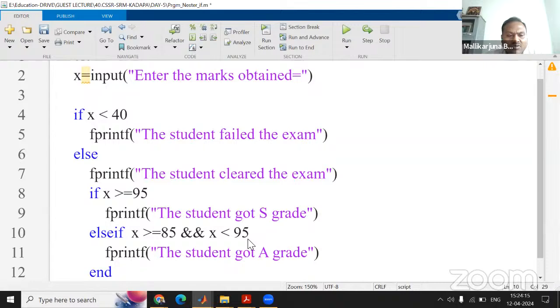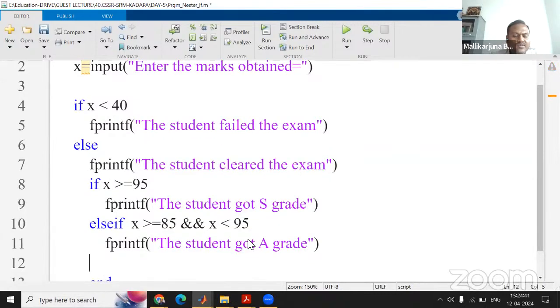Here we have not closed. Always, for a nested loop or general if statements, before that there is one else. See, here else if comes, which means definitely there will be the else statement. If you are not using else, you won't get the result. Yes. Else if